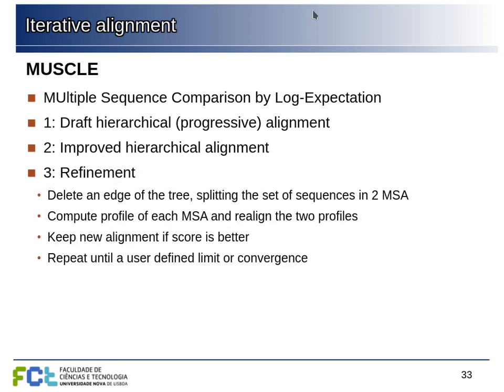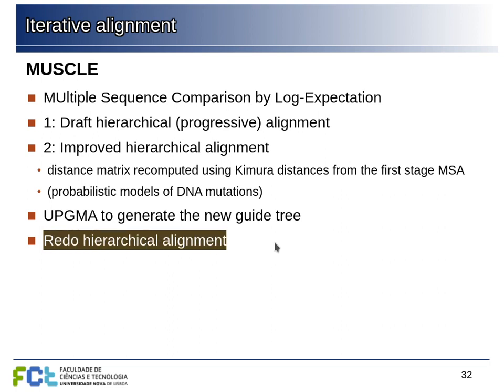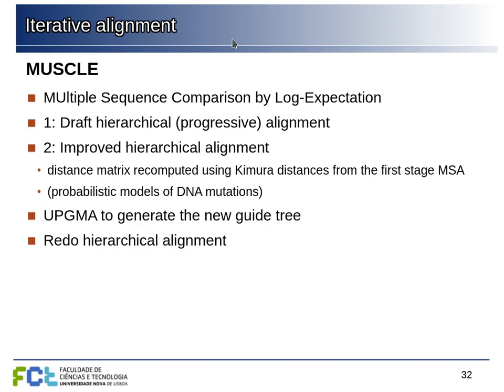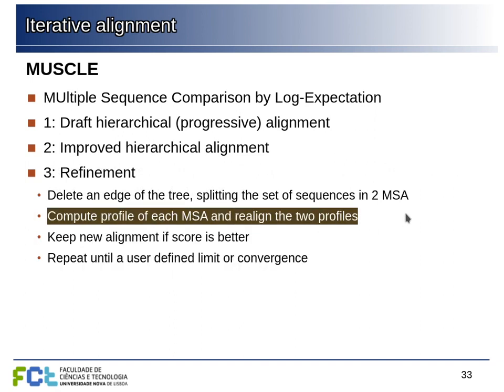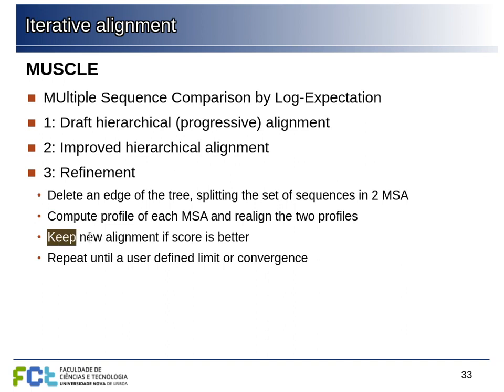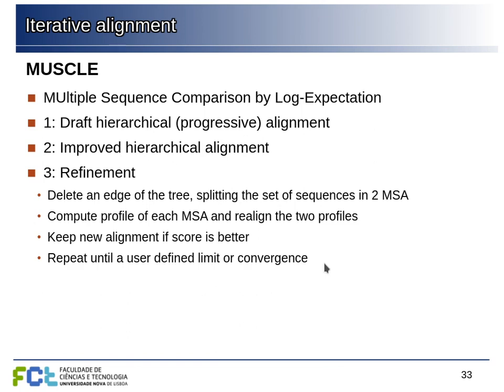So it's going to look at this tree that was generated. From this tree, some multiple sequence alignment was computed, but now it goes randomly on this tree and splits it into two by deleting one of the edges of the tree. So it's going to now compute a profile for each of the halves of these two parts, and it's going to realign these two blocks again. And it's going to repeat this, always keeping the new alignment if it has a better score, and it will repeat until the user gets tired of waiting or it reaches some convergence criteria.